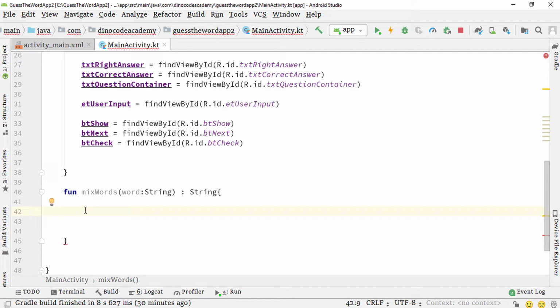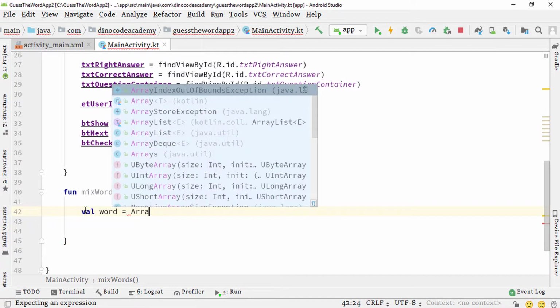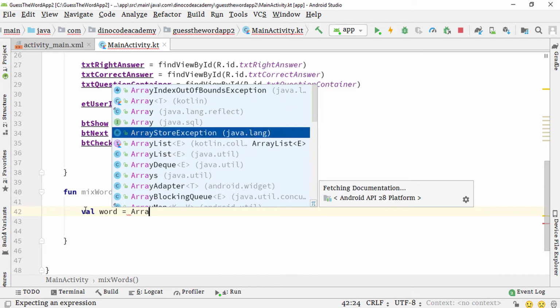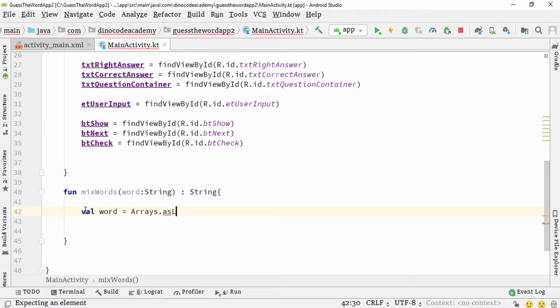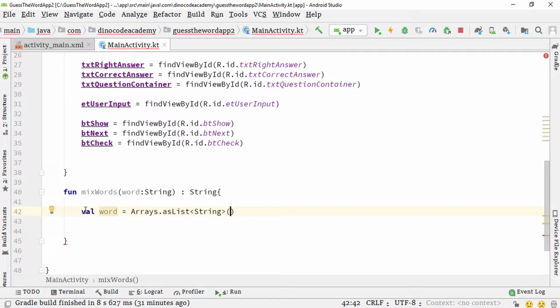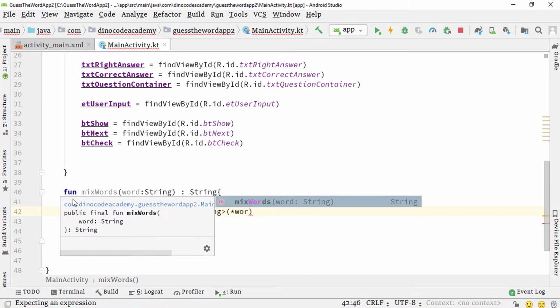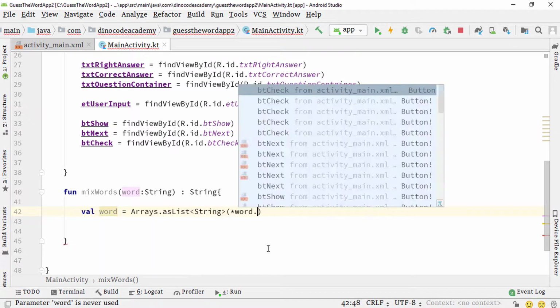Now inside of this mixWords method, we are going to declare a variable. So simply type val, then the name of the variable, which is word, equals to Arrays dot, so first select Arrays, then dot asList, and hit the tab key. Then inside the angle brackets, make it a String, and hit the tab key. Then inside of these brackets, simply type word, that is a parameter, which is this one. So complete it with the word. Then after that type split,